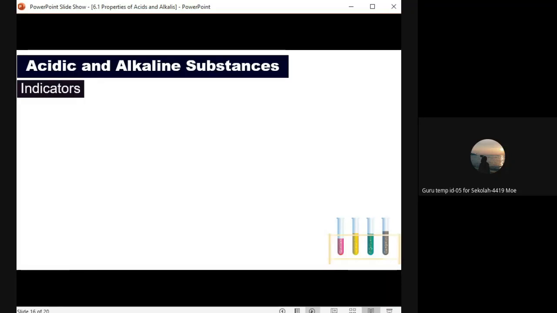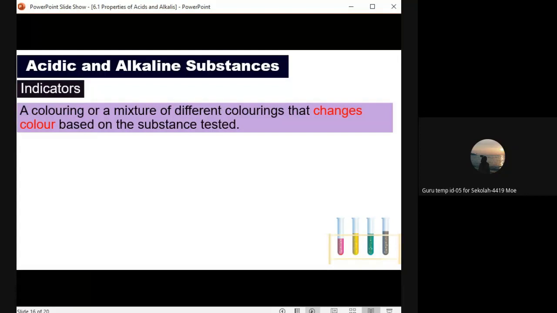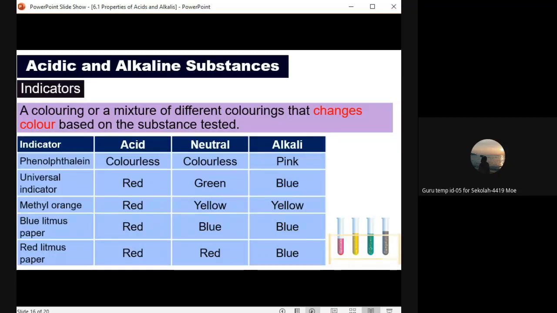So this is the function of indicators. Okay, basically there are a coloring or a mixture of different colorings that changes color based on the substance tested. What do I mean? Okay, here are some examples of indicator. So the last two, okay, you can see blue litmus paper and red litmus paper. Okay, so these two you guys are already familiar with, right? Selalu gunakan litmus paper. So another three indicators yang kamu perlu tahu juga adalah phenolphthalein and universal indicator and methyl orange. Okay, saya tak ada insert gambar kat sini, nanti kan kamu boleh search kat Google macam mana dia punya